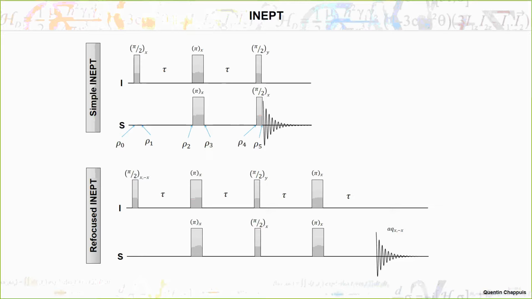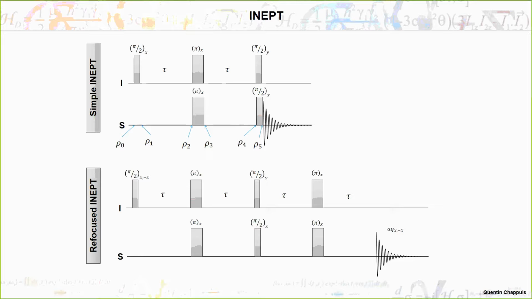It's IX SZ and IY SZ, or the opposite. And it's interesting to track the creation of this term along the pulse sequence. And to do this, I want to introduce